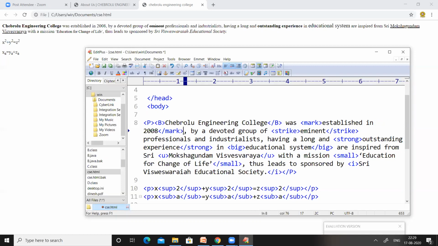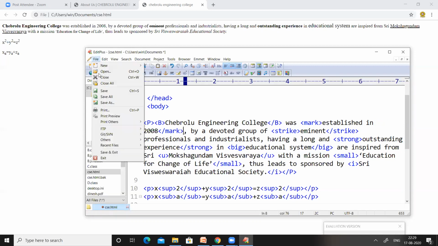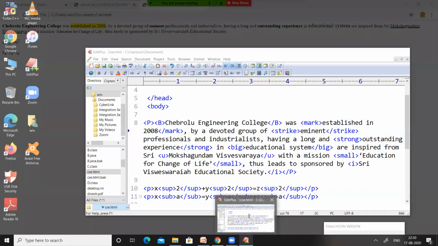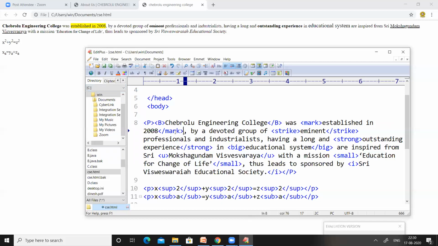So established in 2008 was represented in between the mark tag. Now save the program, okay, and observe the output of this program. We don't use any color system here, we don't use any different things here. But the thing which was represented by the mark tag was highlighted with yellow color. So this particular mark tag is used to highlight some text.